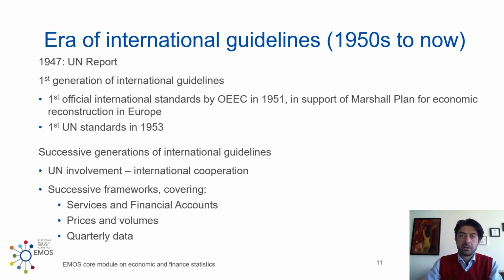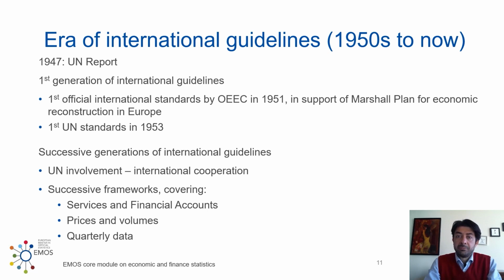member countries. In this regard, in 1947, the United Nations published a first report, the most remarkable part of which was an appendix produced by Stone, who for the first time provided a detailed national account system and international recommendations on national accounting. However, this report was not regarded as official UN guidelines, but just as a useful technical report. The first official